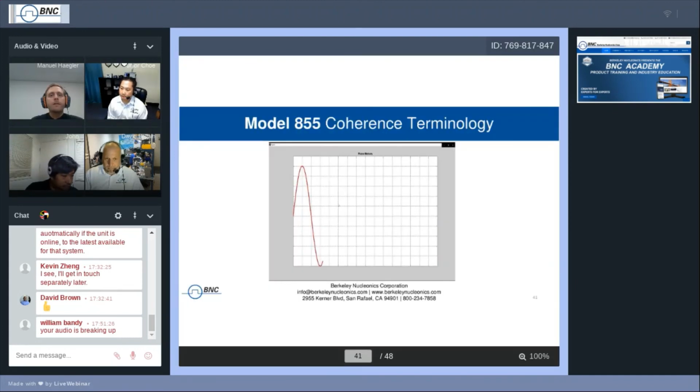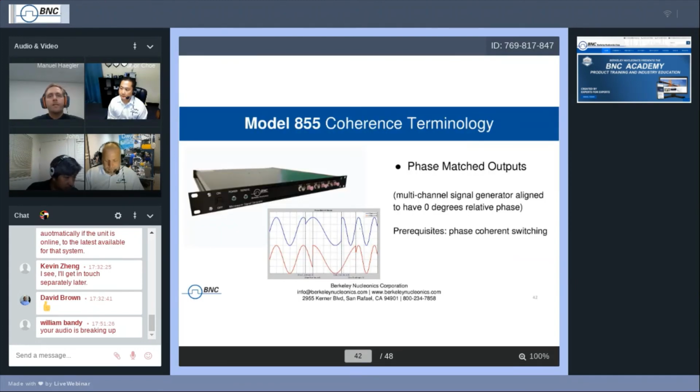All right. So finally, another feature that we have in our multi-channel units is phase matched outputs. This means that the output signals of all channels have a relative phase of 0 degrees at all output frequencies. Phase matched outputs requires having phase coherent switching. With a phase coherent switching capability, we know that when setting two channels to 1 GHz, for example, they will